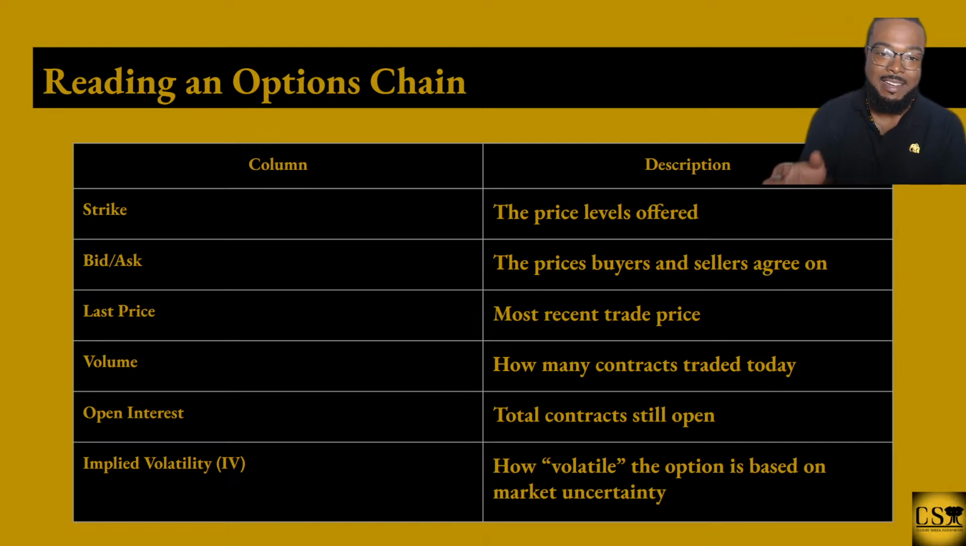Then you have the bid and the ask. The bid is next to the strike price. It tells you how much the people trying to buy that contract are willing to pay for it. And the ask lets you know how much the people selling that contract are trying to sell it for. There's always a battle between the bid and the ask price. You want to make sure that you don't